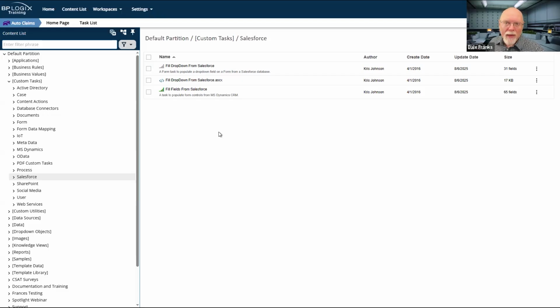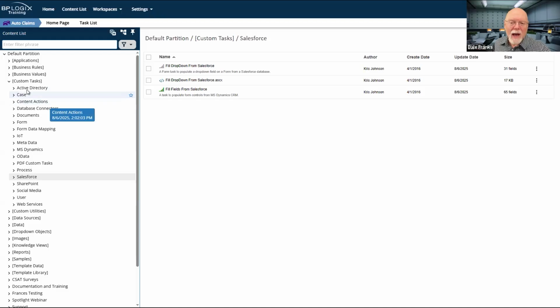There's nothing we can do about that. We don't control the license for the OData type of data connector, so that has to be done by purchasing a license from CData. But it exists, and if you purchase the license, you can activate those custom tasks.